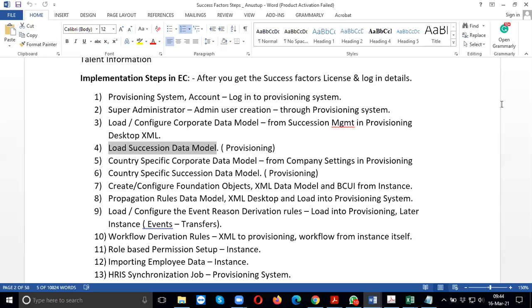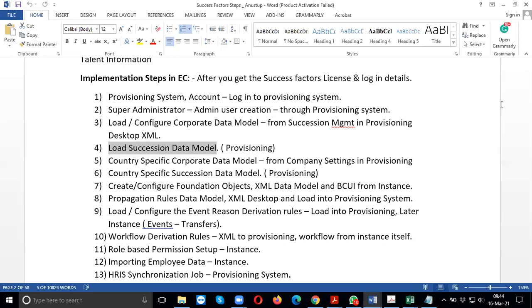Fifth is country-specific corporate data model. That is like the data models which will be related to country. So these are basically the implementation steps given by SAP. It depends upon you if you want to use these implementation steps given by SAP, or you can use whatever way.